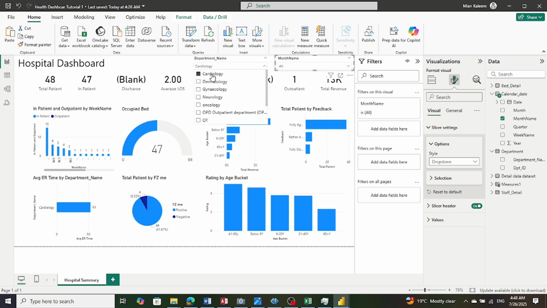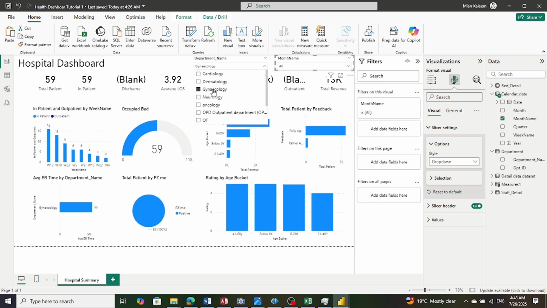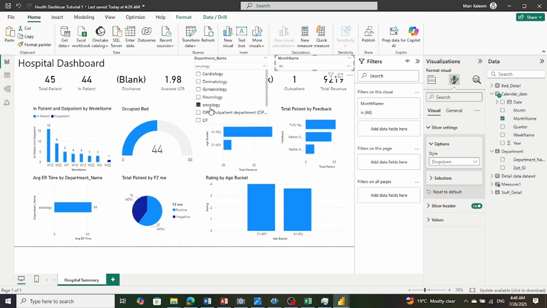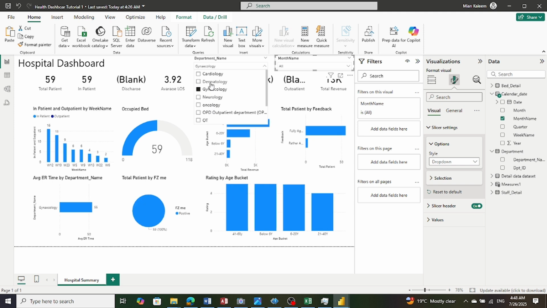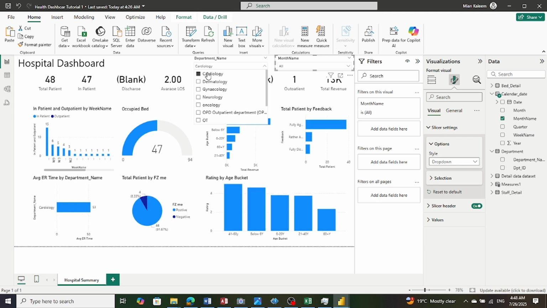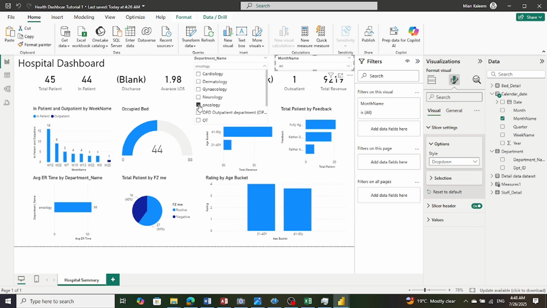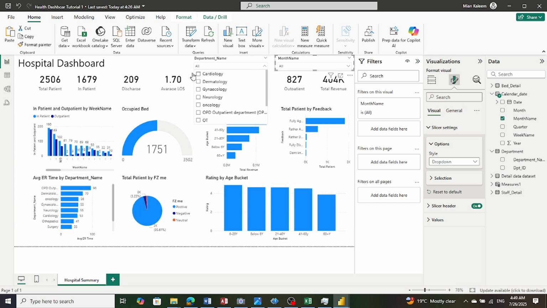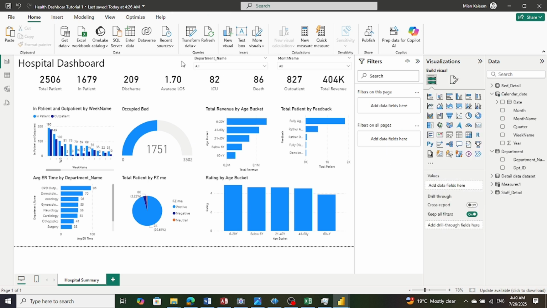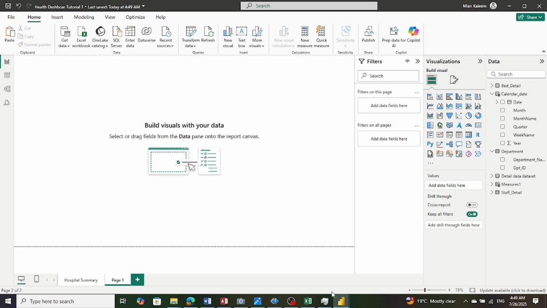For example, we do this, or we can use this one, or we can look into this one. Okay, so that's how we have now the hospital summary ready. We'll format later on, but now we go to the next part of this